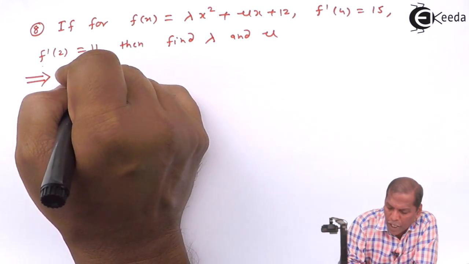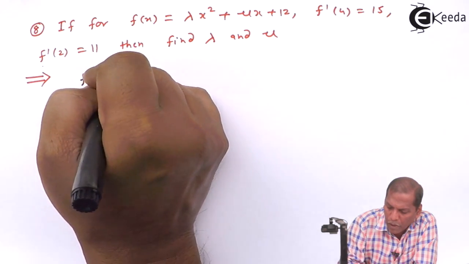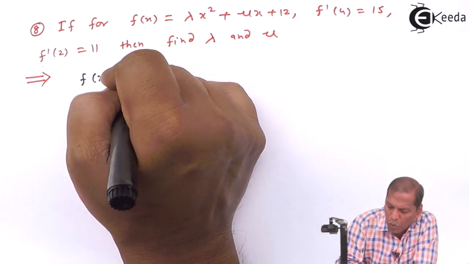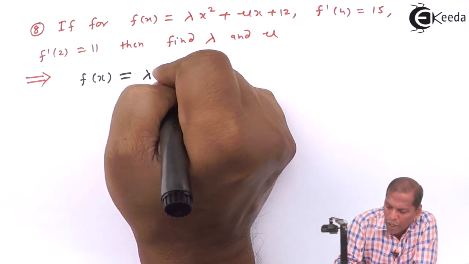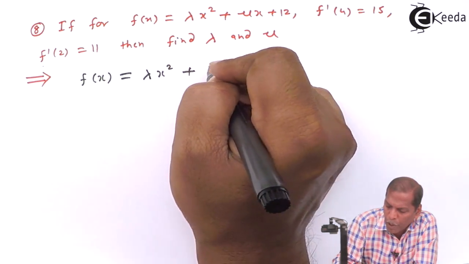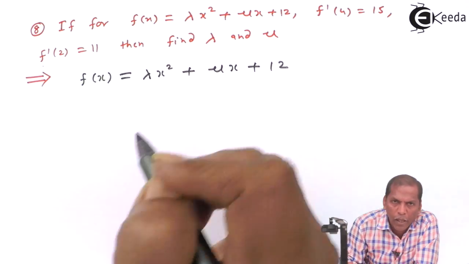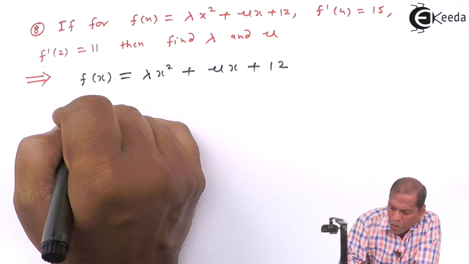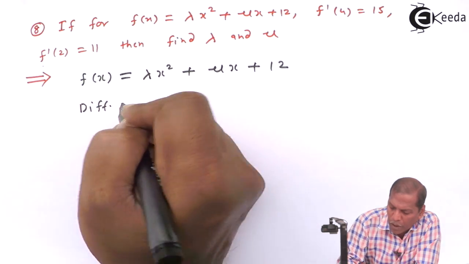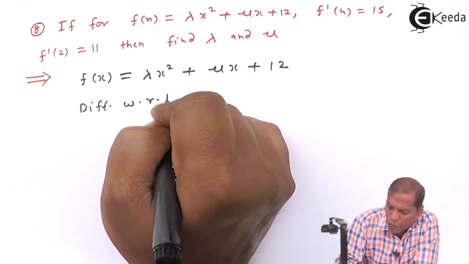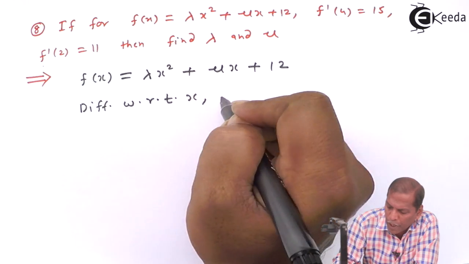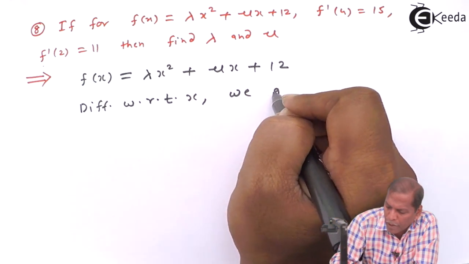First of all, we start with f(x) = λx² + μx + 12. Now differentiating the above function with respect to x, we get